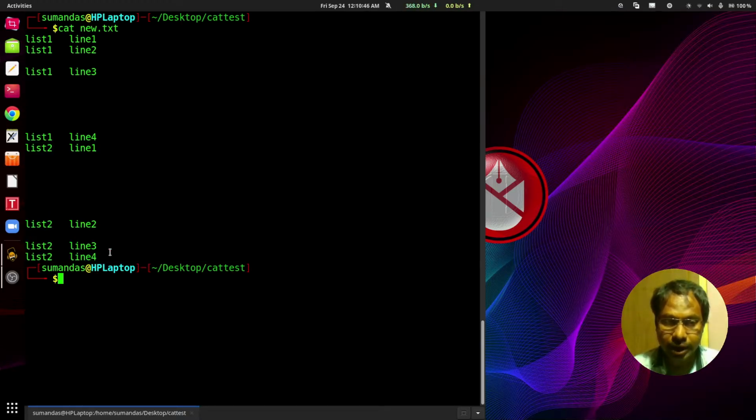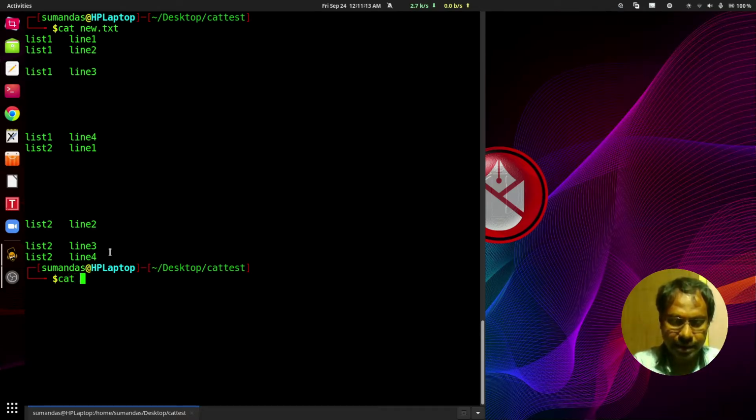So the contents of the two files have been concatenated in the new file, that is new.txt. In the same way, we can concatenate not only two files, but more than two files to a new file.